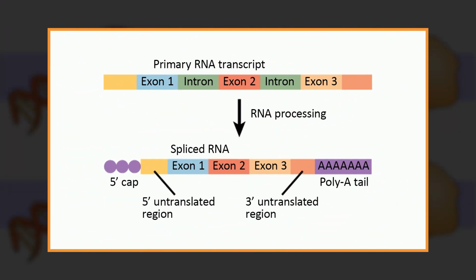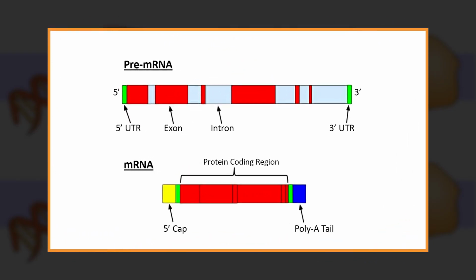In addition, eukaryotic genes have introns, which are non-coding regions that interrupt the gene's coding sequence. The primary RNA copied from genes containing introns will therefore also have regions that interrupt the coding sequence of the gene. These regions must be removed before the mRNA is sent out of the nucleus to direct protein synthesis. The process of removing the introns and rejoining the coding sections, or exons, of the mRNA is called